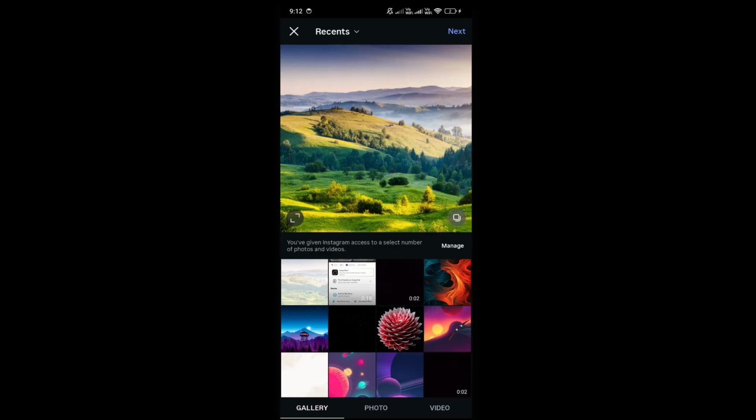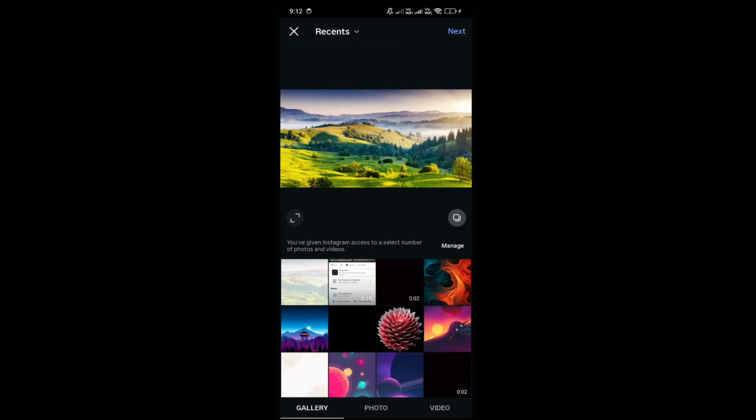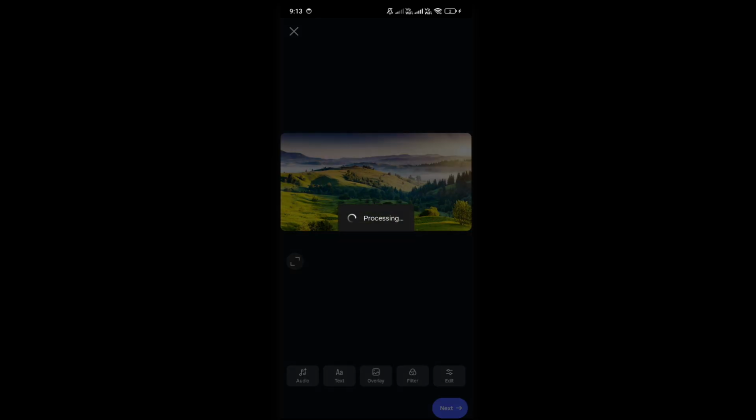Alright, now just click on this button on the bottom, as you can see on the left side, bottom left corner. So just click on it and your photo will be resized to the original, and just click on next and next,